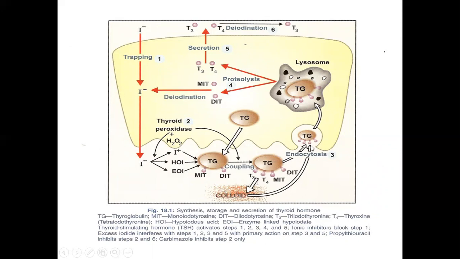In the fourth step, there is hormone release. The thyroglobulin containing T4 and T3 is stored in the thyroid follicular lumen. It is reabsorbed by thyroid follicular cells by endocytosis. Under the influence of TSH, protease acts on the intracellular thyroglobulin to release T4, T3, as well as MIT and DIT.